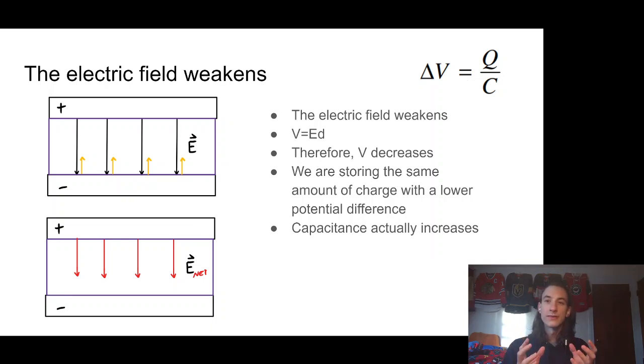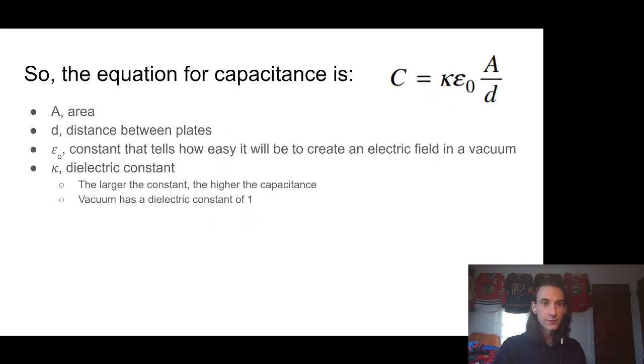So we're storing the same amount of charge with the lower potential difference. So our capacitance actually went up. If we rearrange this, capacitance is charge per potential difference, and we're storing the same amount of charge with a lower potential difference, so capacitance actually went up. So then if we're looking at this equation,